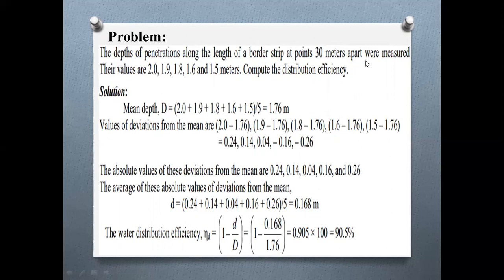Second problem. The depth of penetration along the length of border strip at points 30 meter apart were measured and their values are 2, 1.9, 1.8, 1.6 and 1.5 meters. Now compute the distribution efficiency. Hence solution, mean depth D is equal to